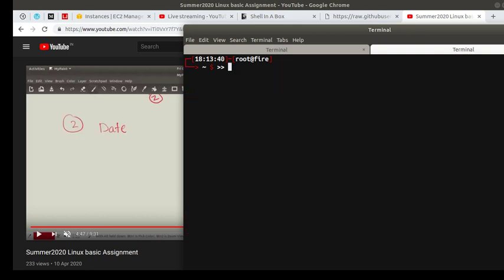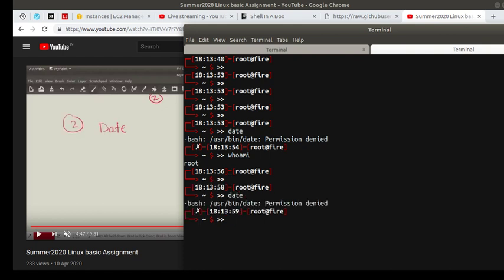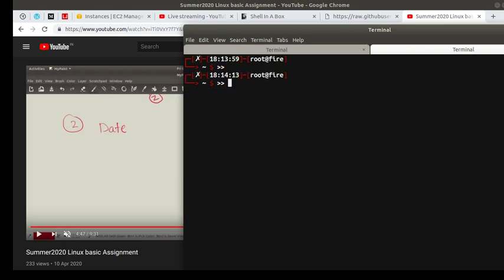Once there is no execution permission, and then I try to run it, even though I'm root, I'm still not able to run that date command. But we have to create a user, and that user will be able to execute only the date command. So let me do one thing. I can just add a user with useradd, and I'll give -s for shell. I'll give /usr/bin/date, and then